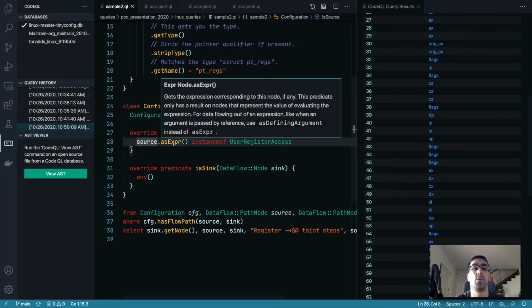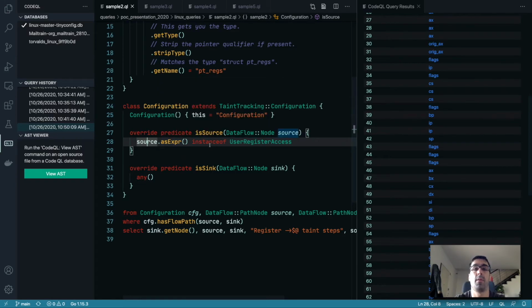We are converting it to an expression, and then we are checking the type of that expression. If it matches the user register access, then we are going to consider the expression as tainted. In the case of the isSync predicate, we are going to say that anything can be a sync. This is going to allow us to get all the places that are dealing with some tainted data. I usually do this in order to give a first look into a code base. But in the following slides, we are going to see how to make this more